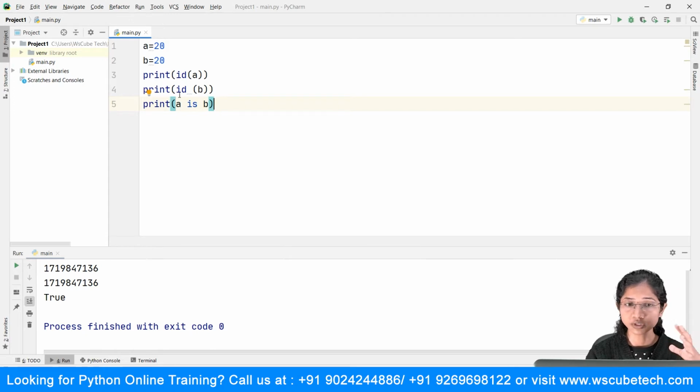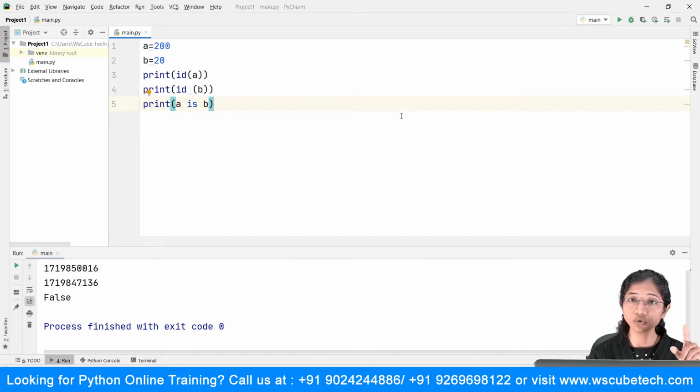Now, suppose I change the value, so definitely the values won't be the same, and I can even change the data type. First I will just change the value. You can see that I have changed the value, and now you can see that a is b returned false. Why? Because the memory addresses are different. You can see here the memory address of a, that object is stored at another memory location, whereas b, which has a value of 20, is stored at a different memory location, and that's why it is returning false.